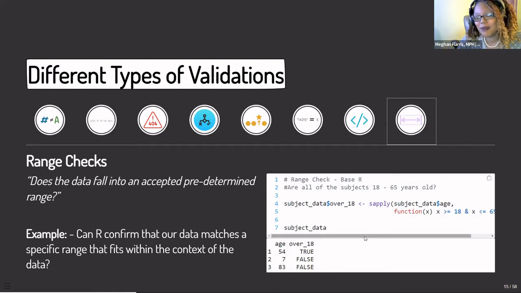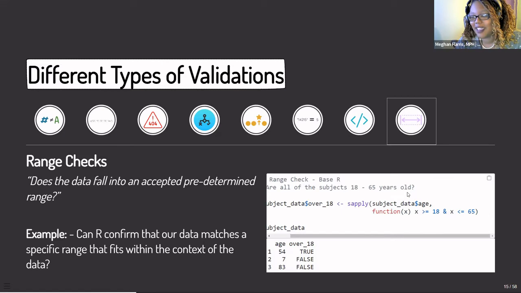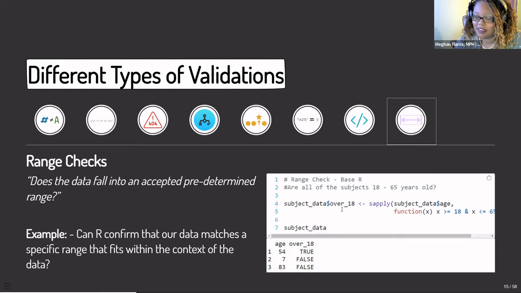But basically what we're checking here is, in our table, is age more than or equal to 18, or less than or equal to 65? And we can see that we can add a simple column. This is technically data validation: yeah, that's true here, no, that's false, for these two rows. So now that I've gone over, really quickly and briefly, different types of basic validations,